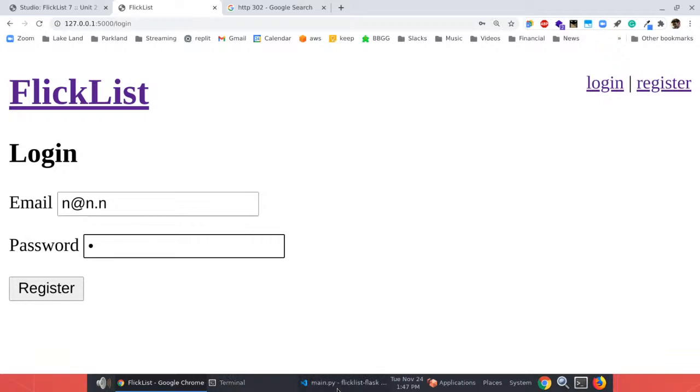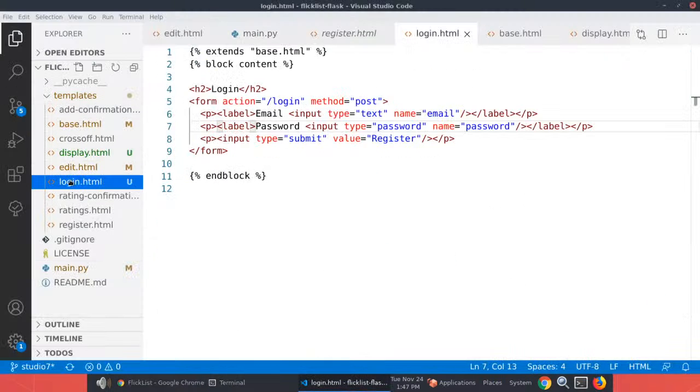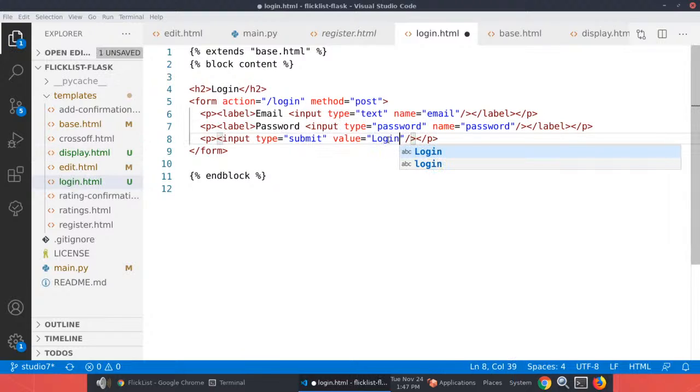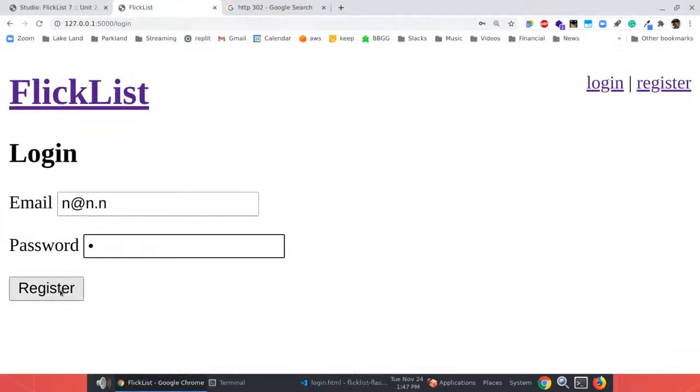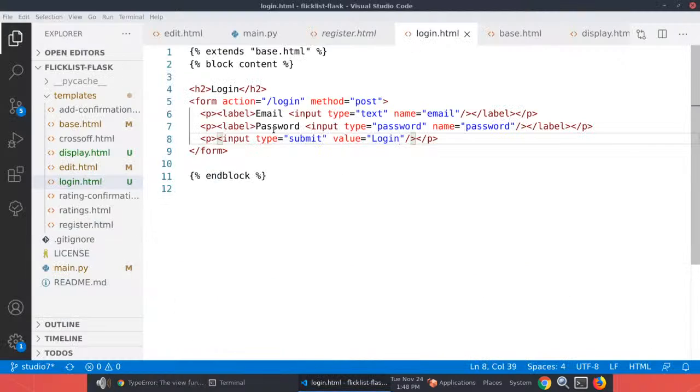I should probably change the button from register. That's, again, going to be confusing. So login. There we go. So login. Okay. The function either returned none or ended without a return statement. That's because I forgot